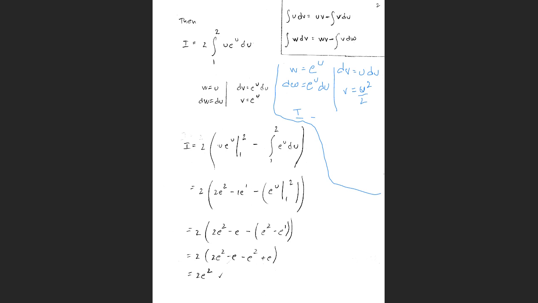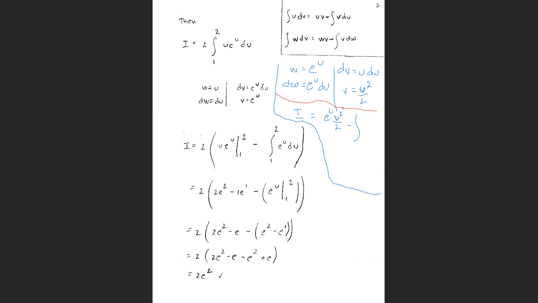So then with integration by parts, you would get e to the u times u squared over 2 minus the integral